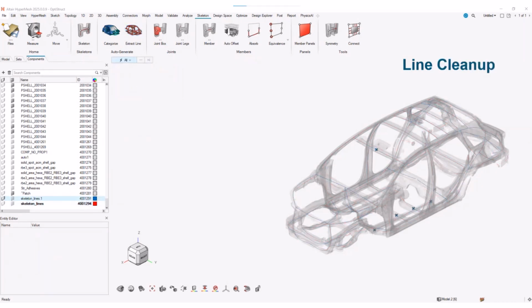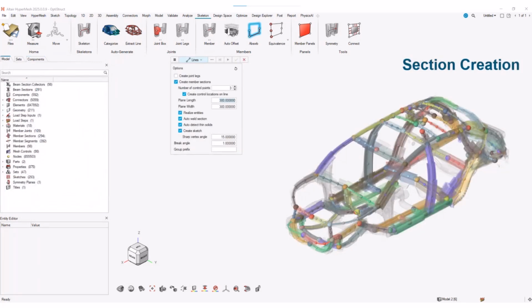You can then manually clean up. I'm going to show you a demo of how I would tackle or approach this. And then you can submit to Absorb, which will take that line data. It will do a spatial scan around the structure, and then at the control points, it will create the sections in the 1D mesh and create that 1D